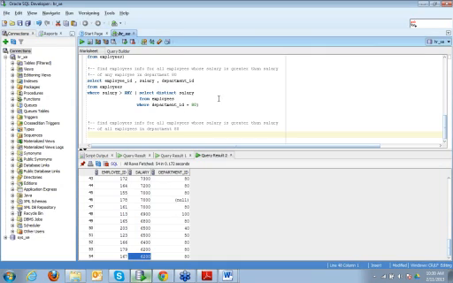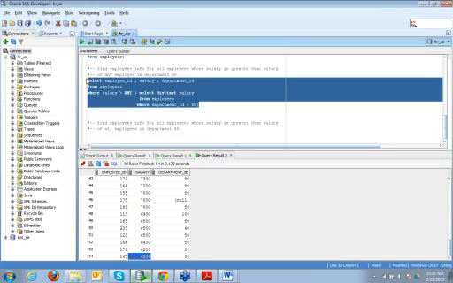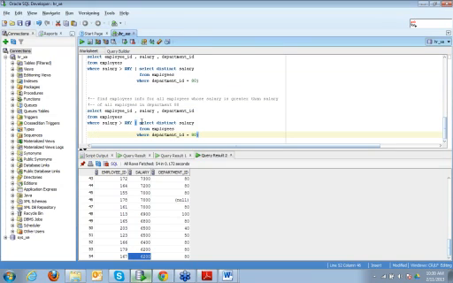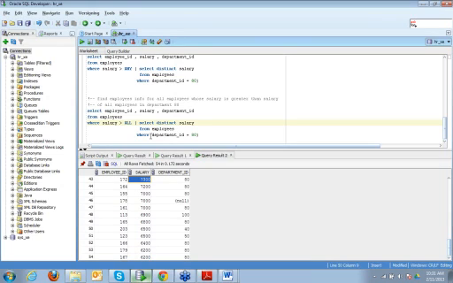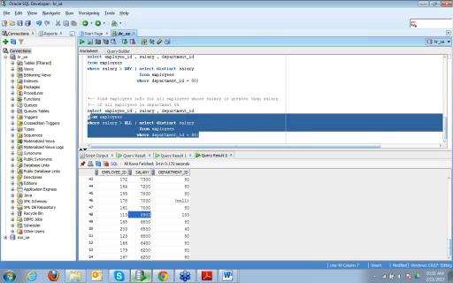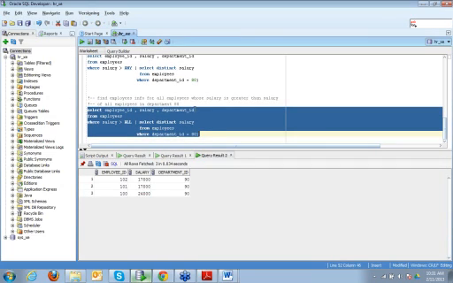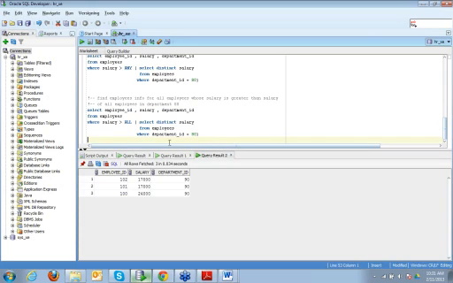So here, instead of ANY, I would say ALL, because ALL means salary greater than 7,300 and salary greater than 6,900 and so on. So let's see how many employees now come under this. So we have just 3 employees whose salary is greater than all the employees, right? It is more than the person who is getting the maximum salary in department number 80. Okay.